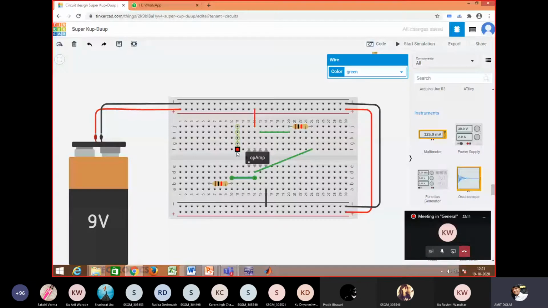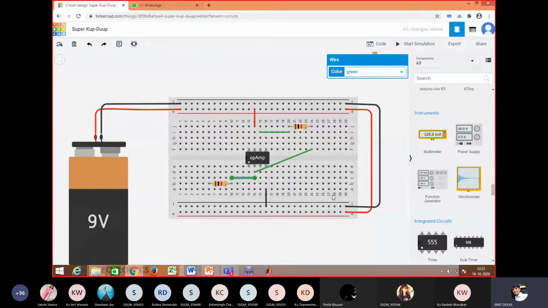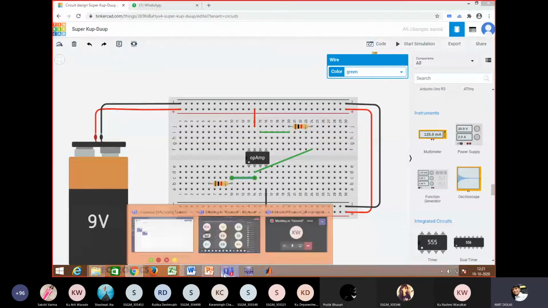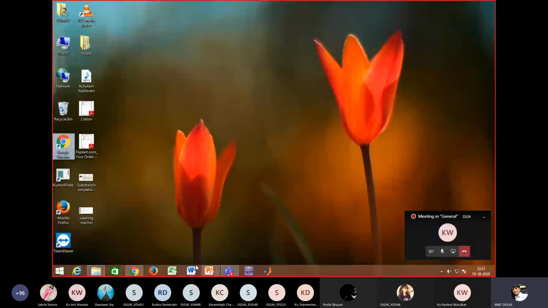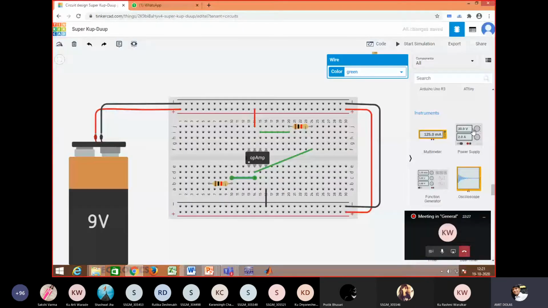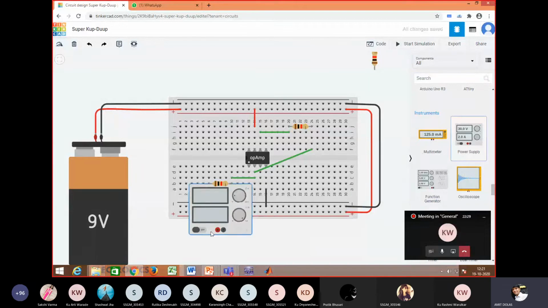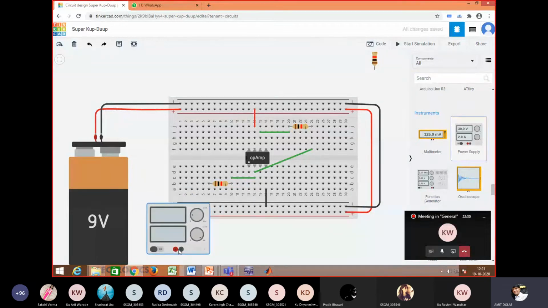Whenever you need certain waveforms to be generated, like sine, square, triangular, you may use the function generator. But here we are simply using a voltage of 1, 2, 3, 4, whatever it may be. So I'll simply use the power supply here.